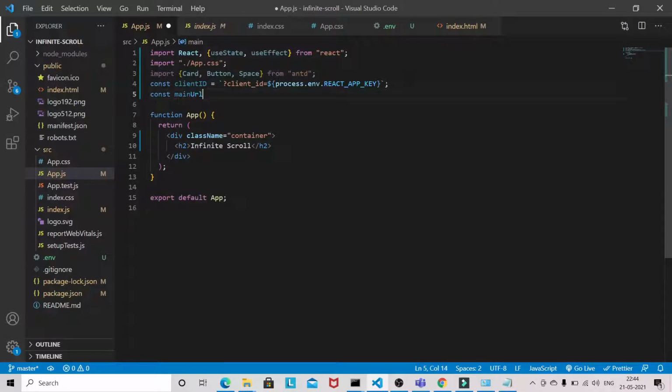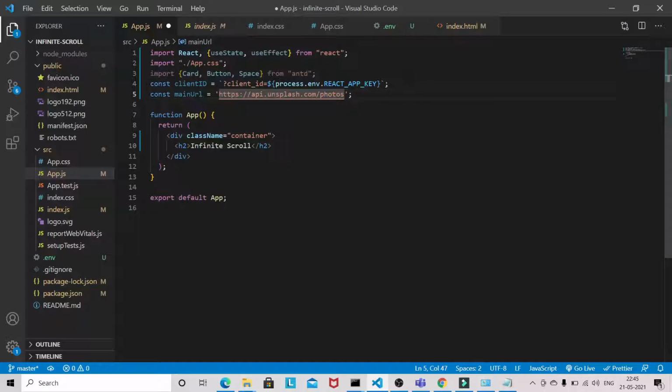Const, we have to write the main URL, which is responsible for fetching the random images: https://api.unsplash.com/photos.